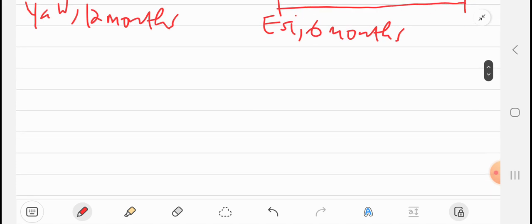So this ratio will therefore be the ratio that's required. What is this ratio? The ratio will therefore be